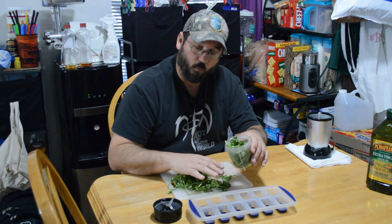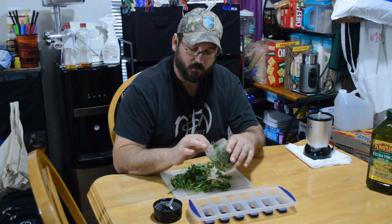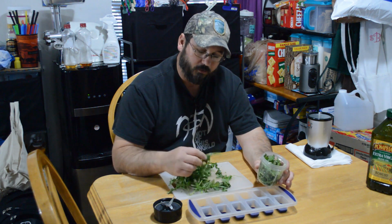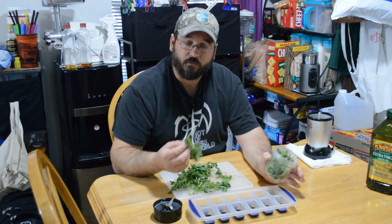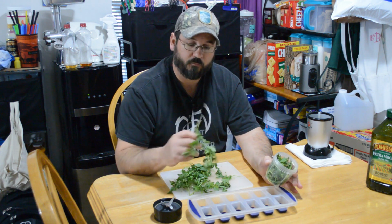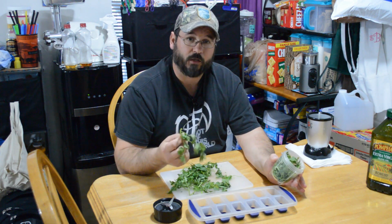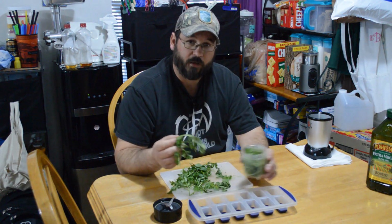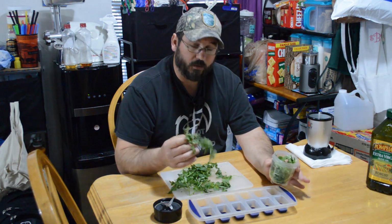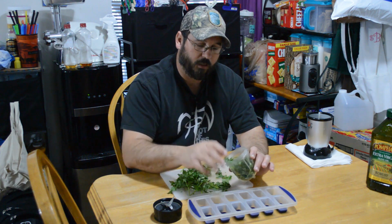And of course, you want to wash this, as you would any cilantro, before we do this part. Because even though we grow organically, so we don't have to worry about any pesticides or anything like that, you still have dirt and leaves and things like that that are going to get splashed up on the cilantro, and there's nothing worse that's going to ruin something like this than having a bunch of grit and dirt floating around in it. Not only that, if you're growing a decent sized garden, you attract other animals. So then a little bit of bird poop, we don't want that in our pesto, right? So like I said, we're going to pack this full,